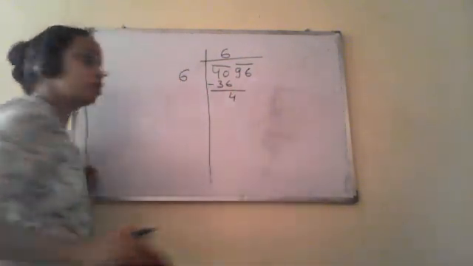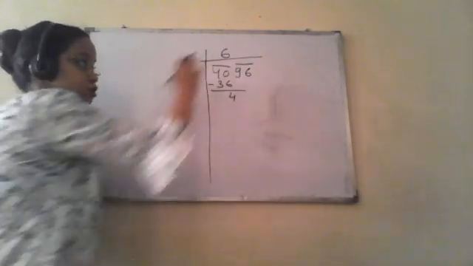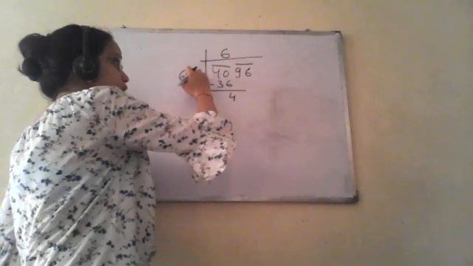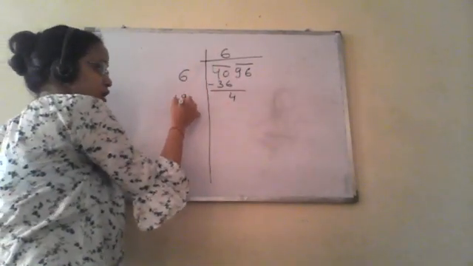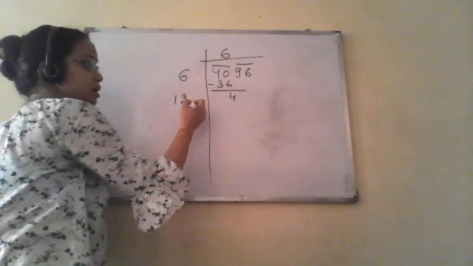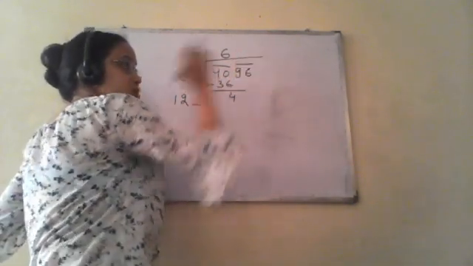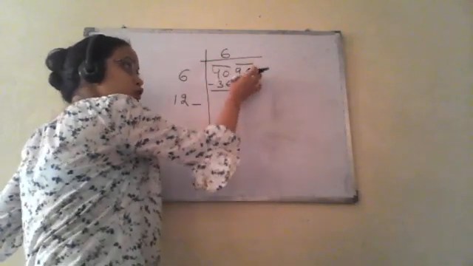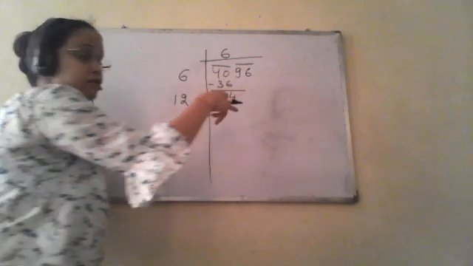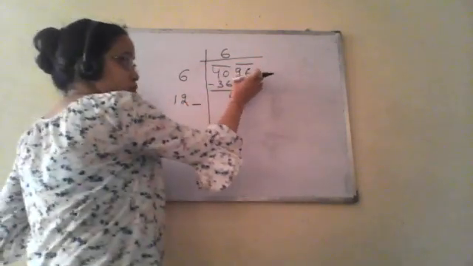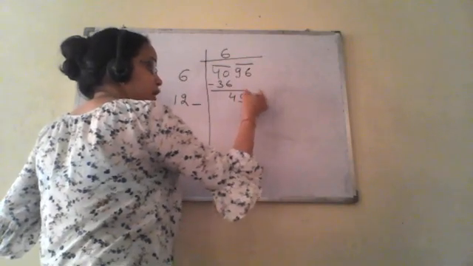Clear? Now what we have to do? We have to double this quotient. Either you can add 6 plus 6, or you can double the quotient. We have 12. We'll put a blank here, and we'll bring down the next bar. We have to write both numbers together, we cannot take 9 at one time and 6 at another. So we have to bring down the number under this bar, and we will write 496.